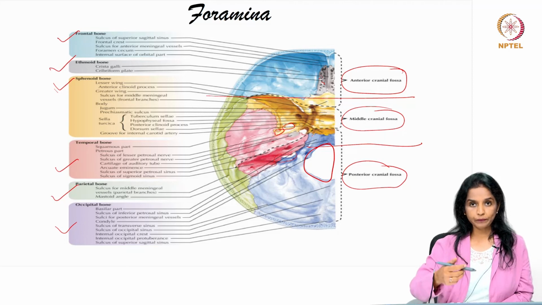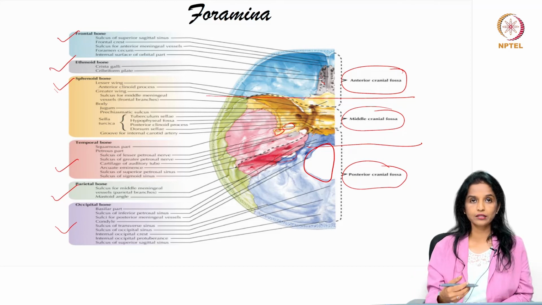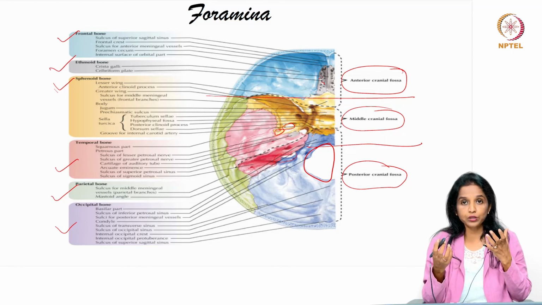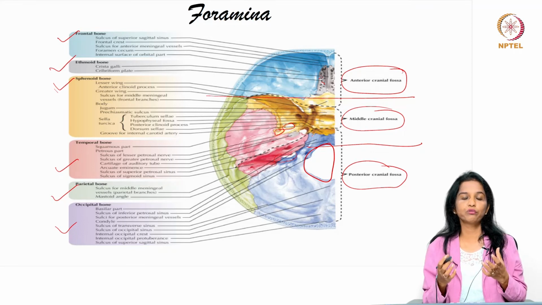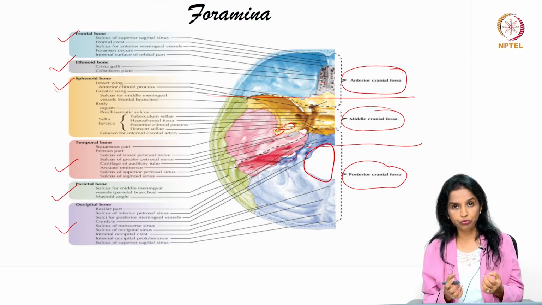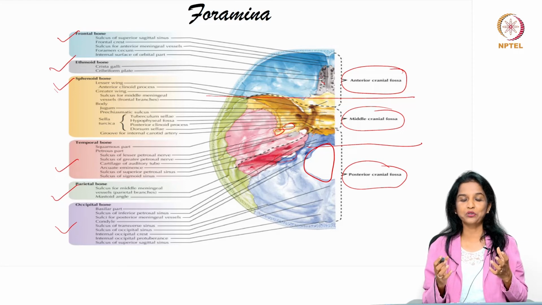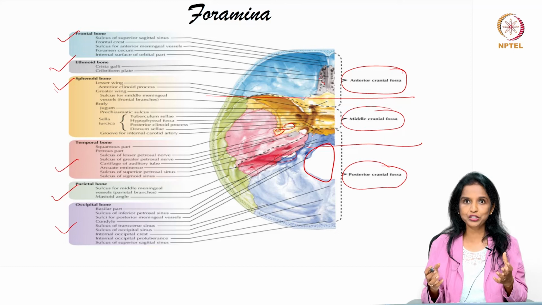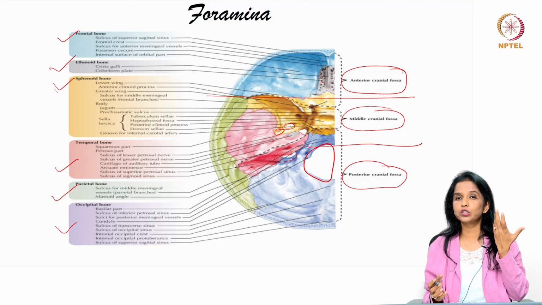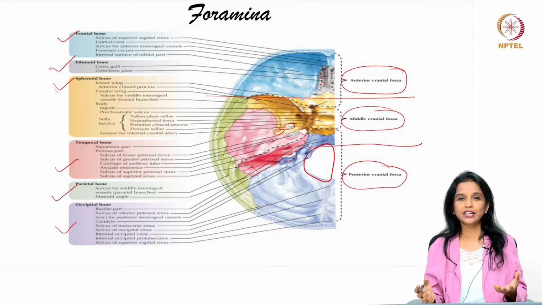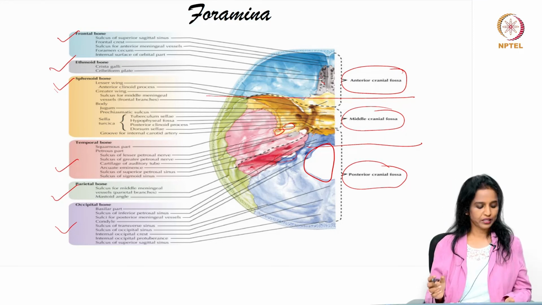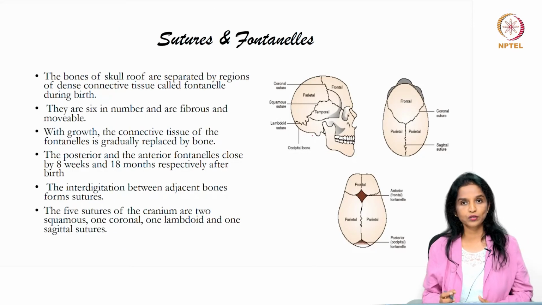And why has nature placed such a number of holes here to allow so many structures to pass in and out? It is because the cranium houses the most vital part of the human body, that is your brain. The neural center, the control center, is there in the craniofacial system. That control system has to be taken care of well, nourished well, and at the same time all the signals which the control system is exuding have to pass on to the entire body. That is why there is such an intricately placed system of foramens over there. It is a very important area, and that is why we have lots of foramina like that.